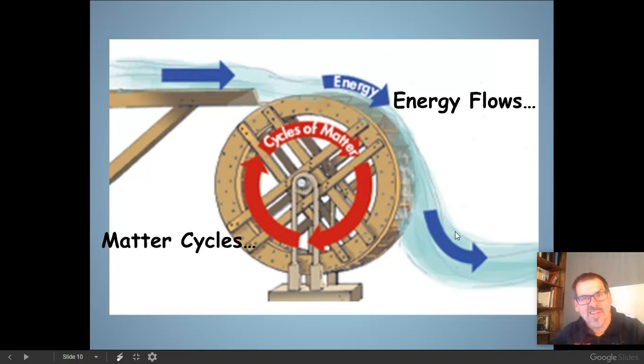All right, just a quick recap. The major theme of this section is energy flows one way, matter gets recycled, and that flow of energy starts with producers and makes its way through each successive trophic level of consumers in our energy pyramid. The reason it's a pyramid is because 90% of the energy is lost going from one trophic level to the next. So we call that the 10% rule. Only 10% of the calories that are trapped in one trophic level ends up being trapped in the tissues of the trophic level above it.